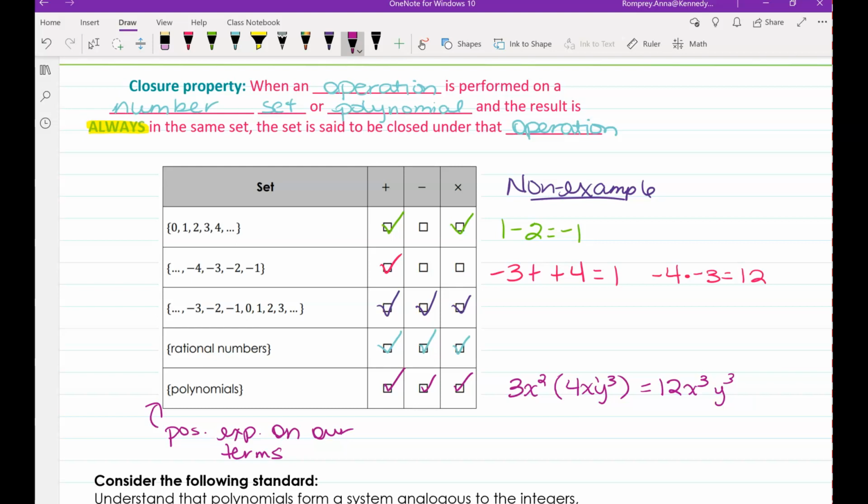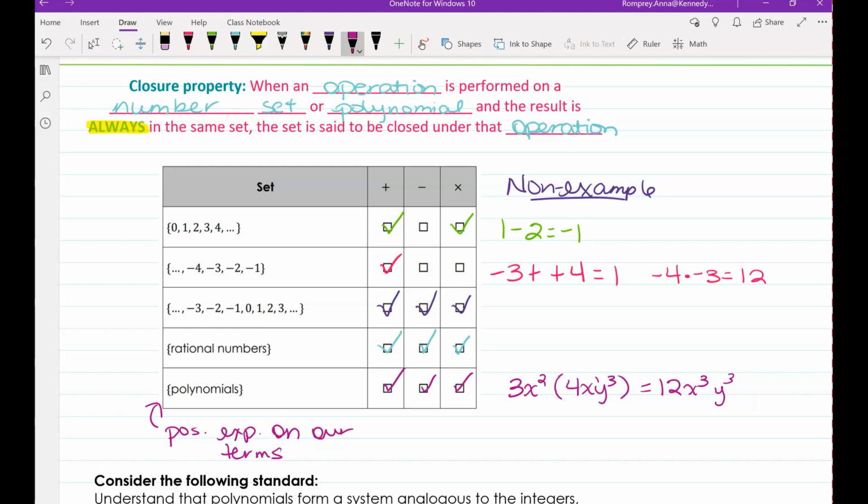Anytime we have a set of whole numbers, whether positive or negative, if we divide, we could potentially end up with a fraction. So rational numbers, again, rational numbers would work, except 0 is included in rational numbers. So again, you can't divide by 0. All you have to find is one time where it doesn't work. Polynomials,